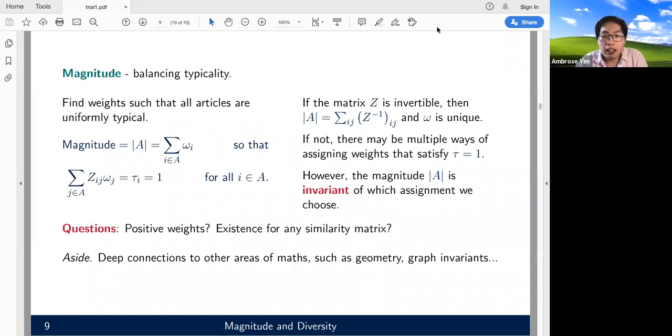And we say we could compute this. I mean, can we actually compute this in all scenarios? Can I have a system where objects are dissimilar to each other in a certain way that this magnitude is actually undefined? And so this is not a problem-free concept. Sometimes you get negative weights, sometimes this magnitude doesn't exist, but we'll talk about how to fix these later on.